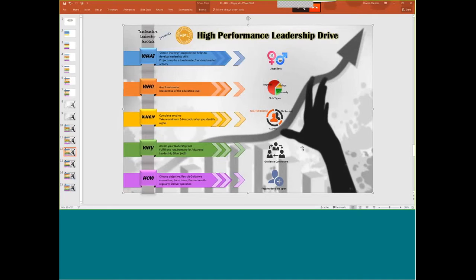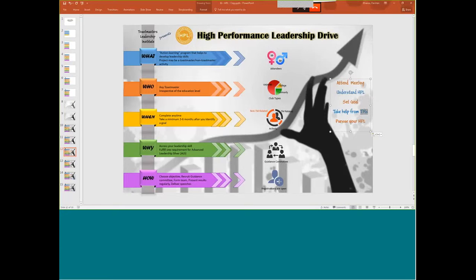So at this point, you will see that in the first section of the infographic we spoke about what exactly it is and the 5 Ws of HPL, and then we talked about the event. Now, we can bring in certain other relevant information, but for the purpose of today's infographic, I'm going to bring information like the 5 major steps to attend, who sponsored this, and where it was conducted. So the 5 major steps would be to attend a meeting and then understand HPL,